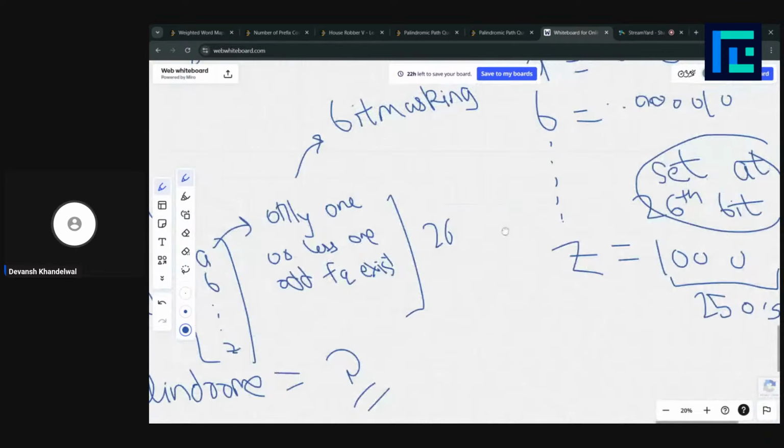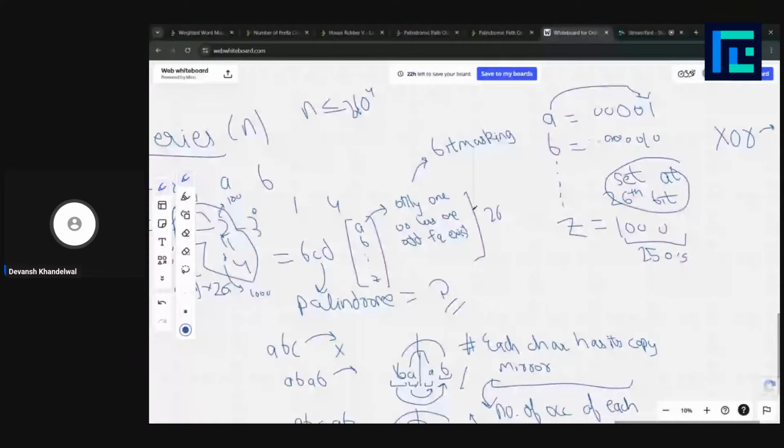There are a variety of concepts actually, and bit masking is just one of them. So what I thought was, how are we going to reduce this?